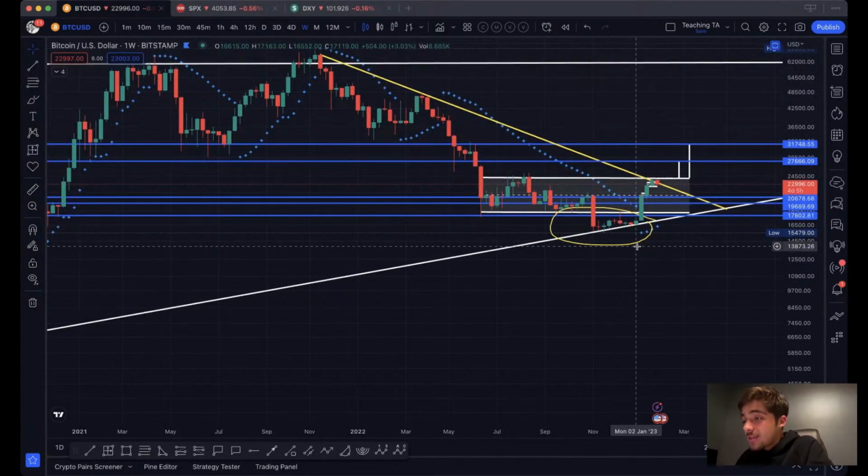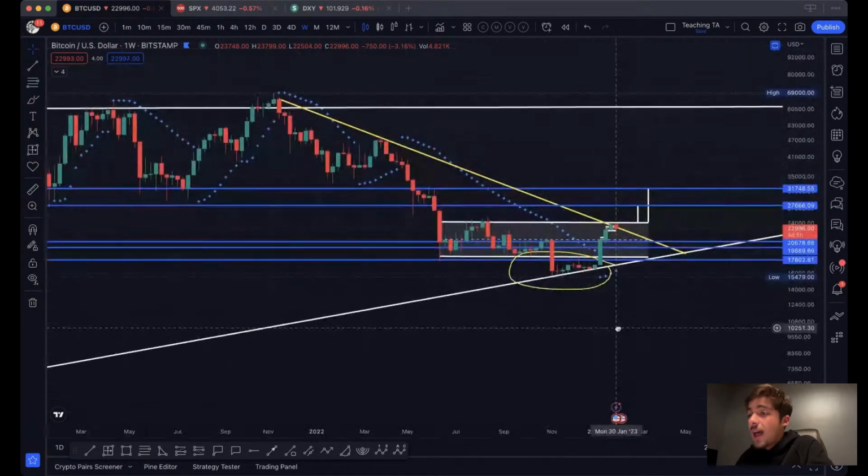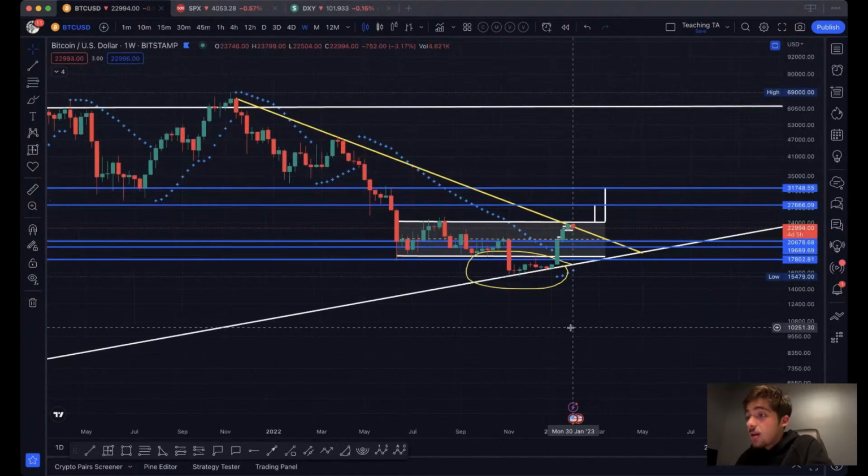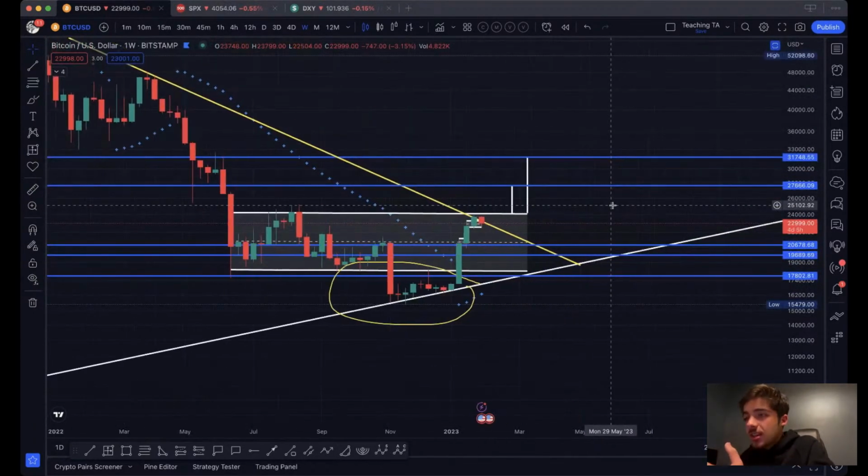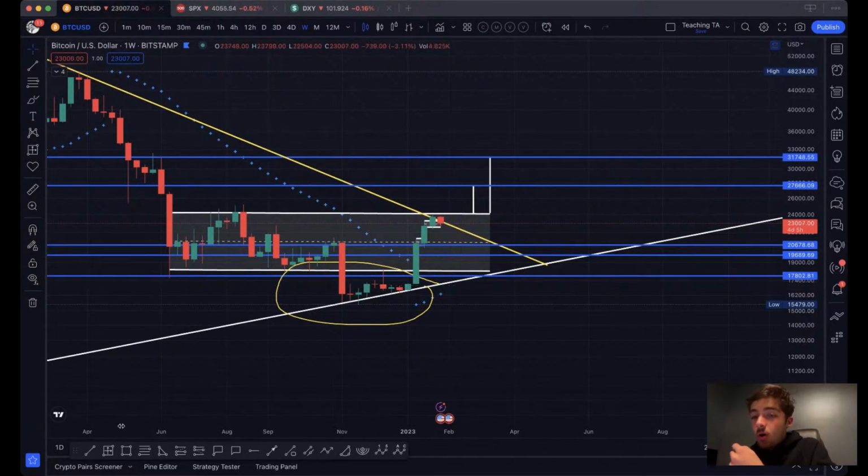However, now that seems to be invalidated with the parabolic SAR, and we could see the potential for the next bull market. But personally, do I think this is going to happen? No. Why? Because I think that